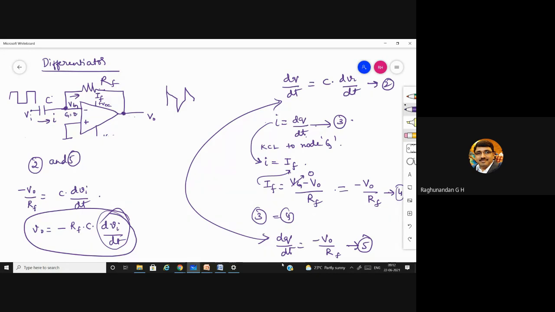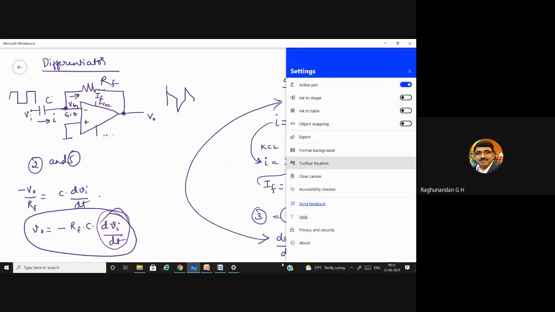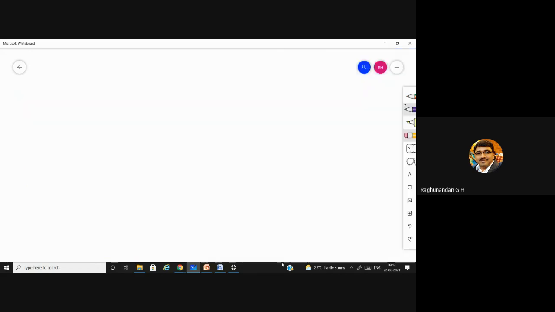Okay. The next one is the op-amp comparator. In the op-amp comparator, the main application is to compare the given two input signals and to tell which is the maximum, or it is going to give the comparison in different ways.